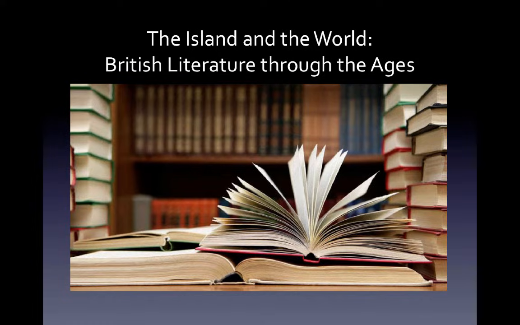Britlit 10 is a chronological survey of British literature. It begins with the Anglo-Saxon period, which spans from the 5th to the 11th century, and it moves forward in time with extended stops in the Middle Ages, the Elizabethan era of the 16th century, and the Romantic era of the late 18th and early 19th centuries. The course concludes in the 20th century, examining how the literary tradition that begins on the island spreads across the globe to Africa, Asia, the Middle East, and beyond. By the time that school ends in May, we will have covered nearly 1,200 years of Anglophone literary history.